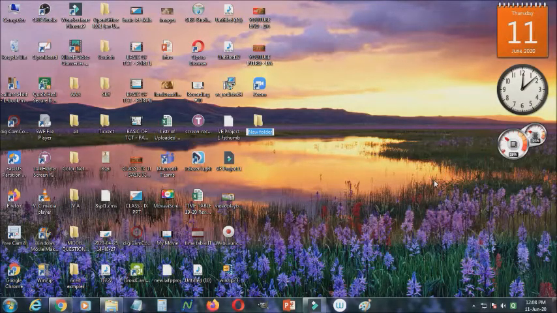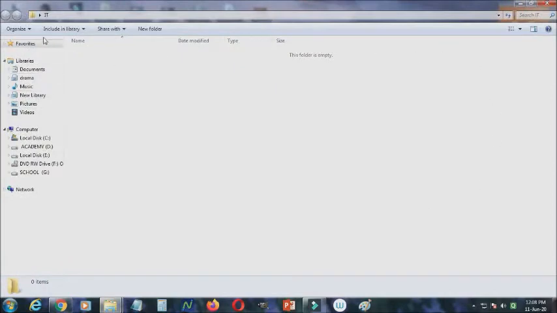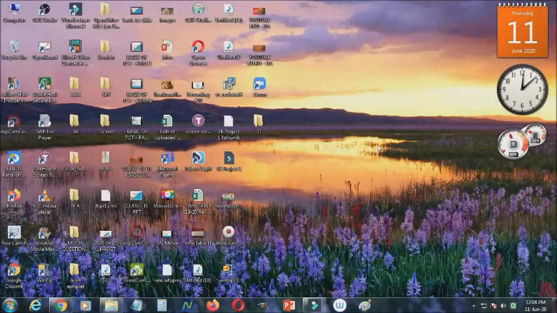Then rename the folder, for example, we'll make it IT. So now this is a folder for IT. Inside this folder I can keep files, even some subfolders. So this is the way we can manage folders and files.